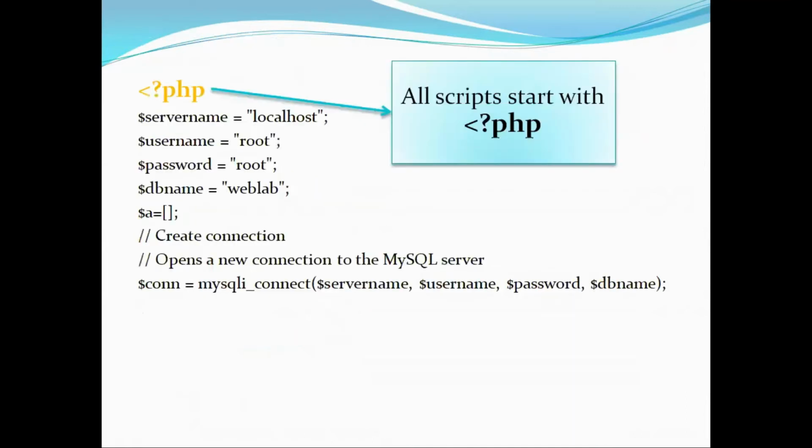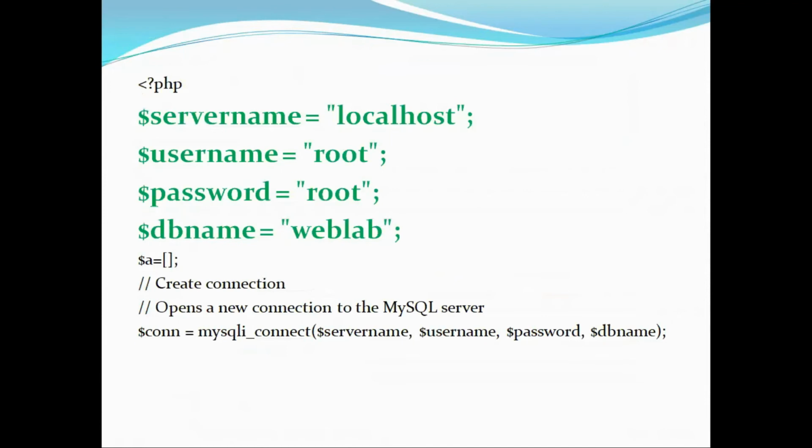The next thing is, we started with a PHP script. From here onwards, the PHP script gets started. We know that every PHP script should start with the less-than question mark php keyword. It should be in lowercase letters. Then we create four PHP variables by using the dollar symbol. As I said earlier, every PHP variable should start with the character dollar followed by the variable name. Then we can use the assignment operator to assign values to the respective variables. Depending on that value, we can say which type of variable it is.